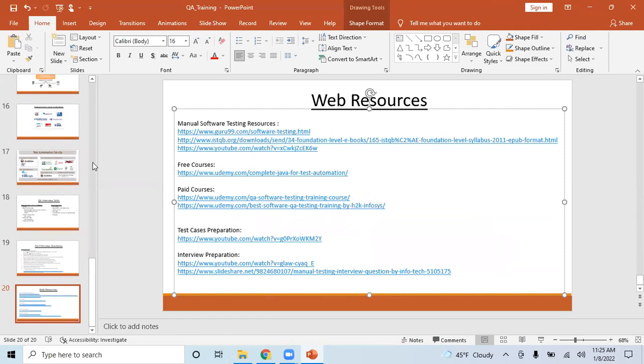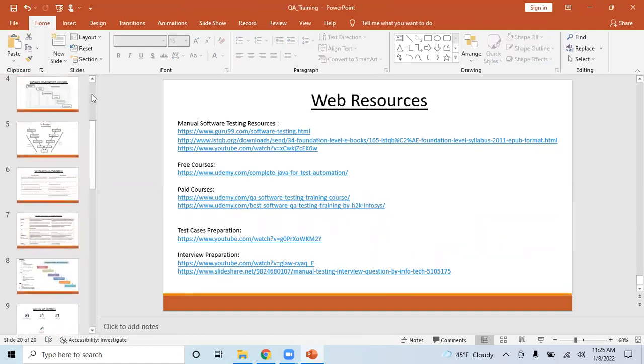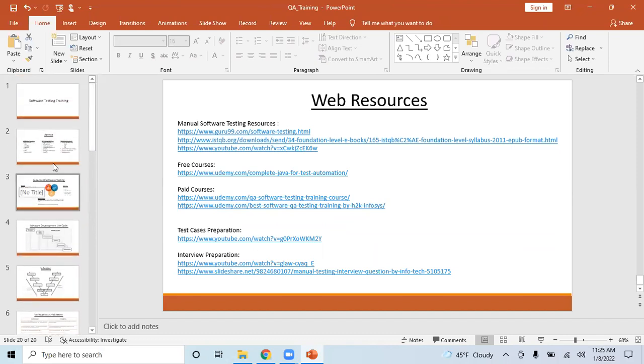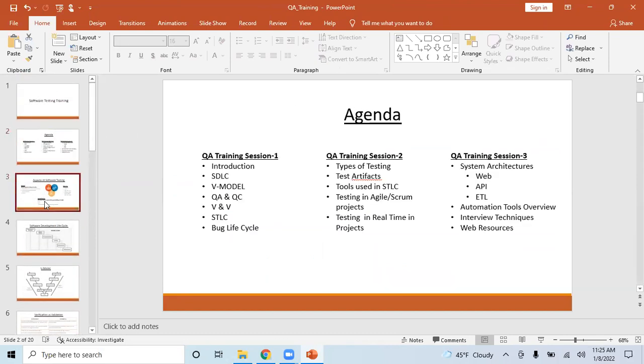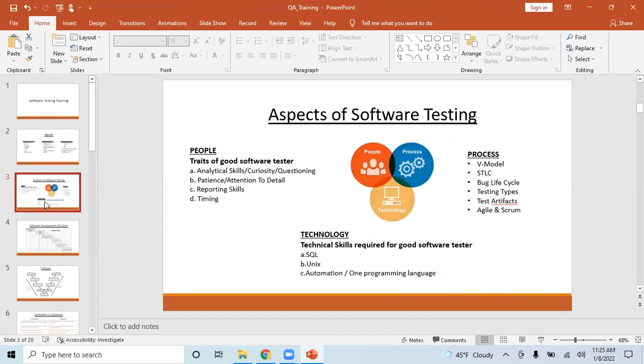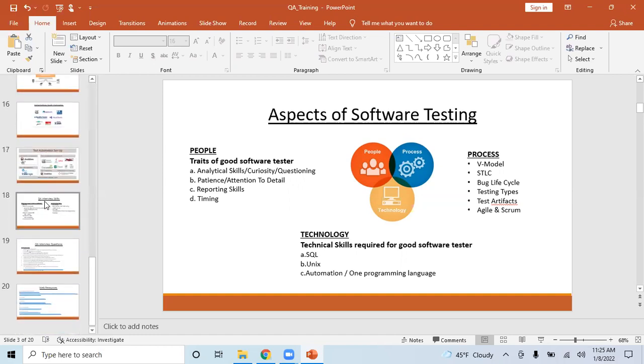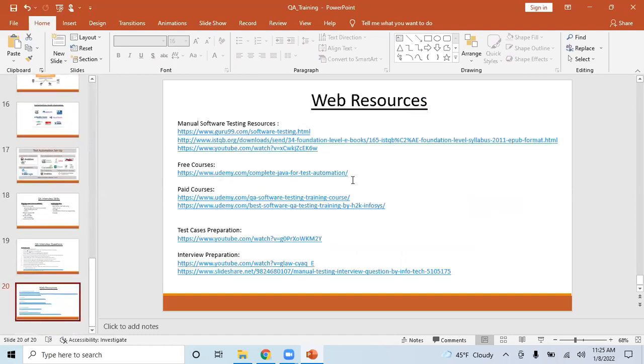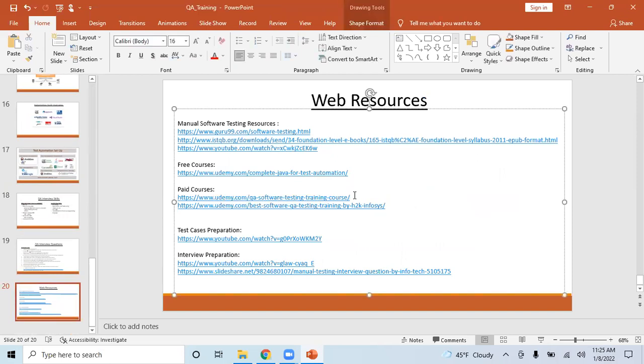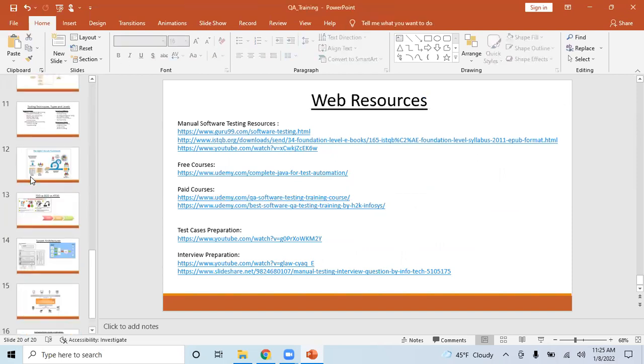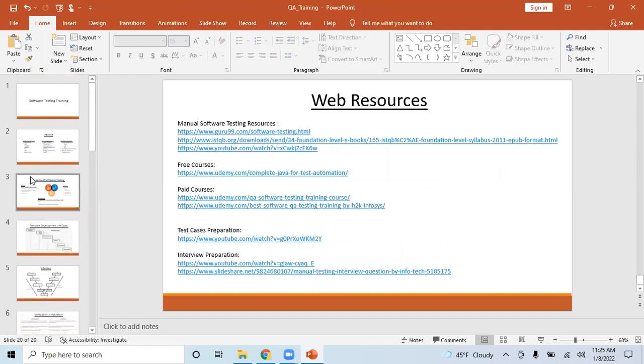To understand, because this is more of a one-to-one interaction, I and Ravi sat together and understood what your end customer requirement is. Like for example, the majority of you are not in IT or are new to IT. So how to tell it effectively so that you understand better. Otherwise, if you just give this $10 course of 40 hours, it's not really effective for you. All these things we discussed can be covered in a 40-hour session.